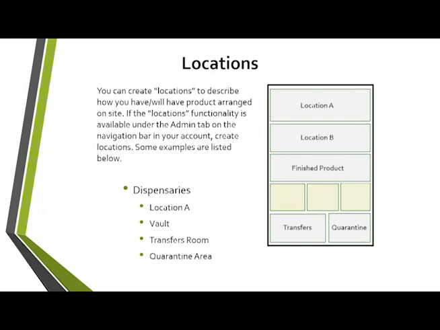Locations. All right, so you will have to create some locations within your dispensaries. These can be as broad as a room. So you think about it as a room. So maybe you have a couple vaults, you have those there, but you can also be more granular if you'd like. If you want to have it be a little bit more organized, you can make that granular and make specific sections of the room. The key here is that definitely when you have inspectors in place, you need to be able to identify what each room means. So as long as you know what each means, that's really the end goal here.